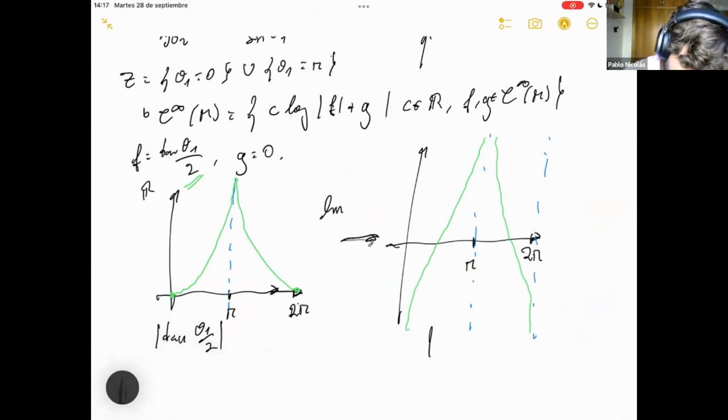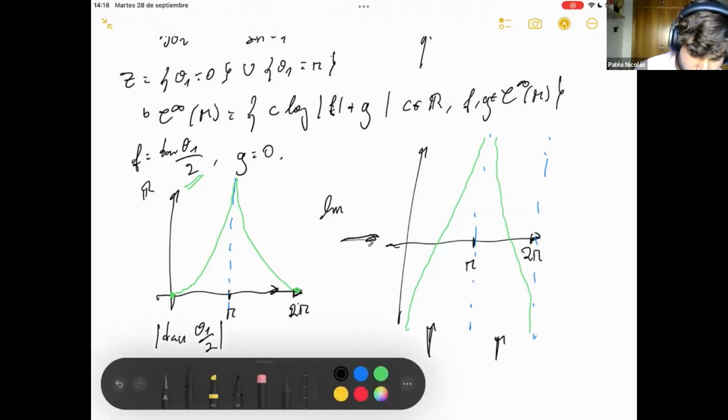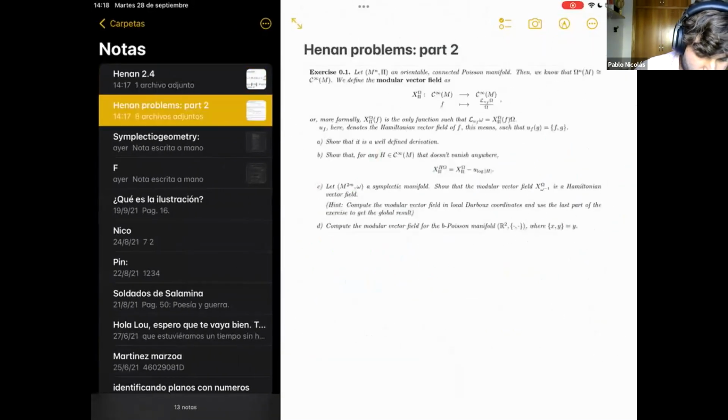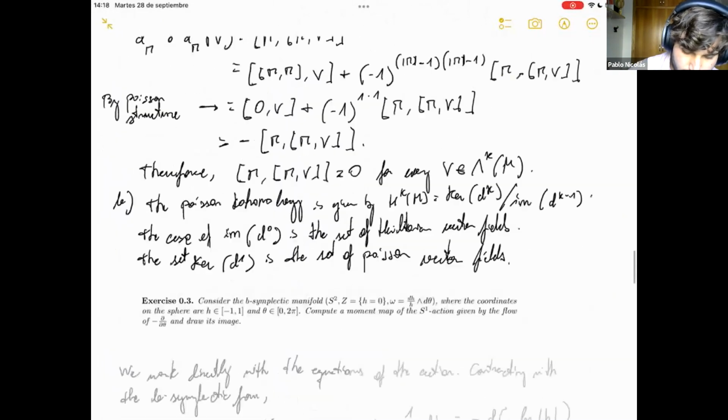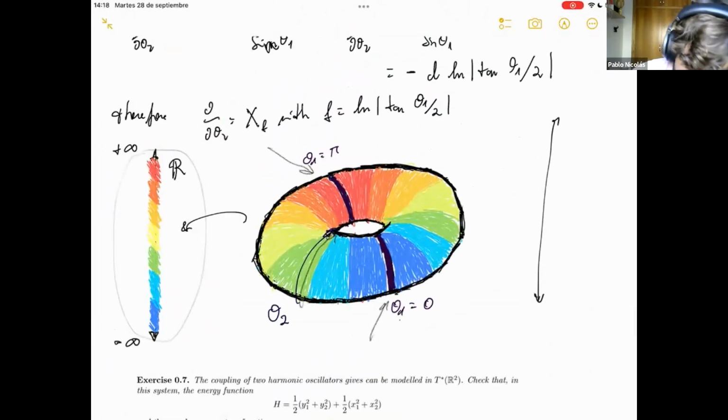We have this component and this component, which correspond to the connected components of the manifold minus the 0 set. So if we take these two components, these components would be,